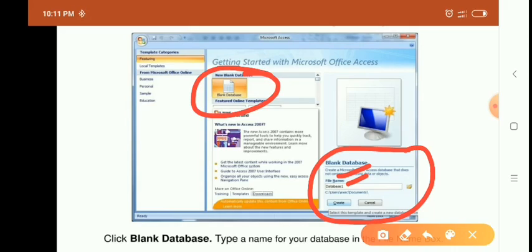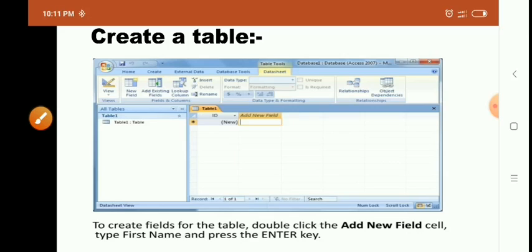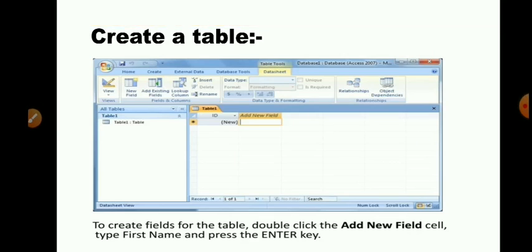When we type our file name, then we have to click on the create option. When we click on the create option, we get this screen. And this is the last step of how to create a blank database.